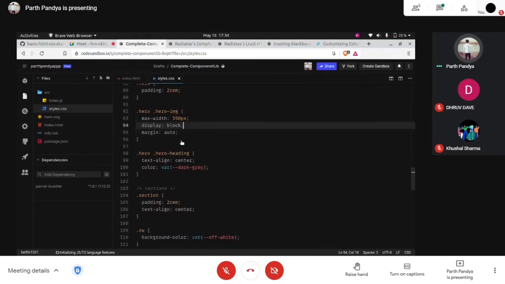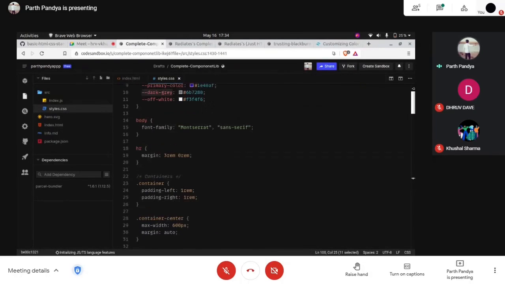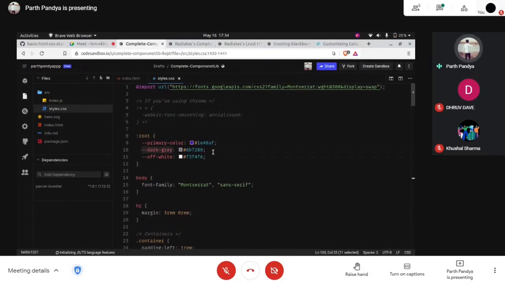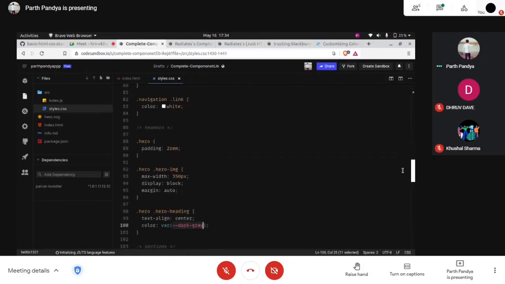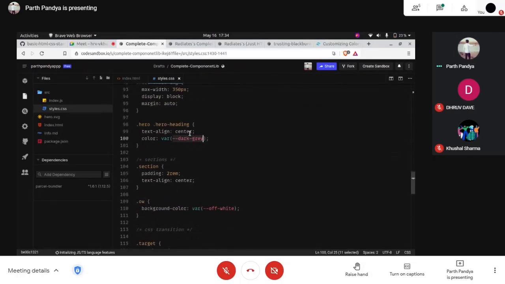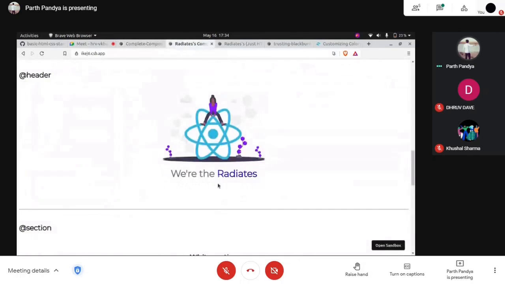Hero heading we want the color to be gray. So for hero heading, we have a different CSS variable, dark gray, and the dark gray variable is this. Off white also I have as a variable, along with dark gray. So hero heading is a gray heading, and we also have a span with separate styling and a separate color for this text.